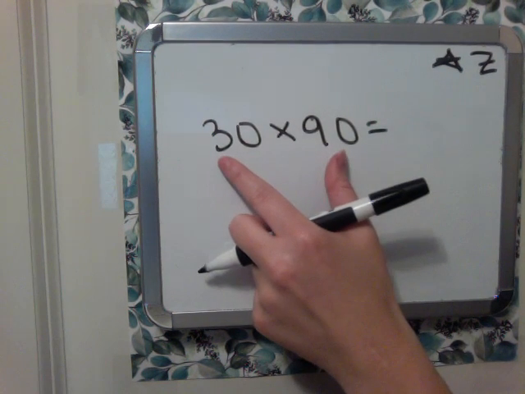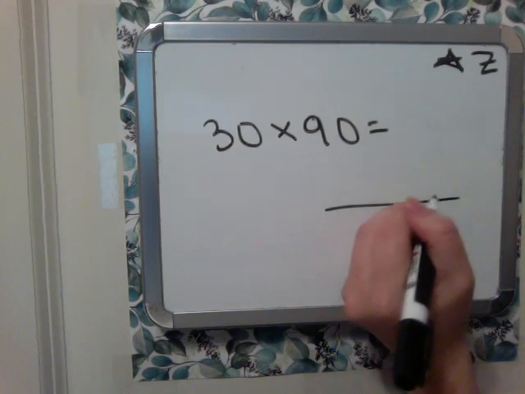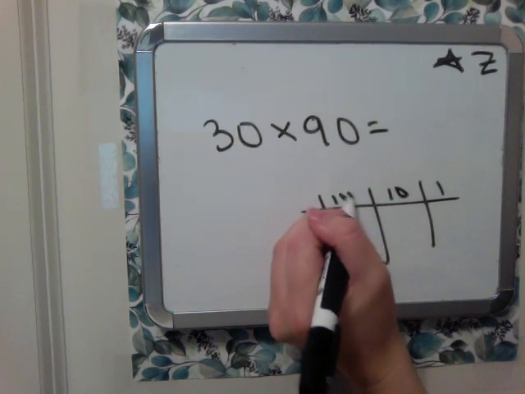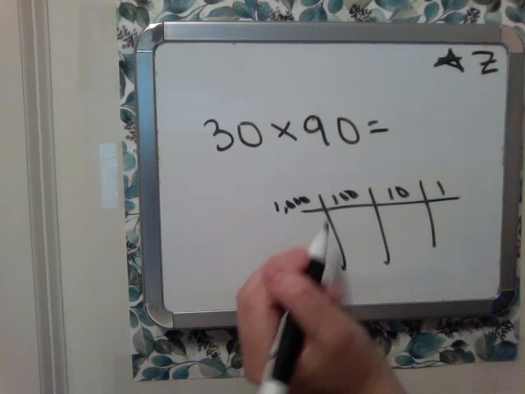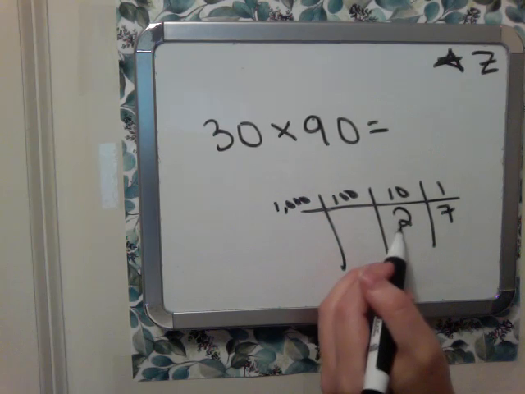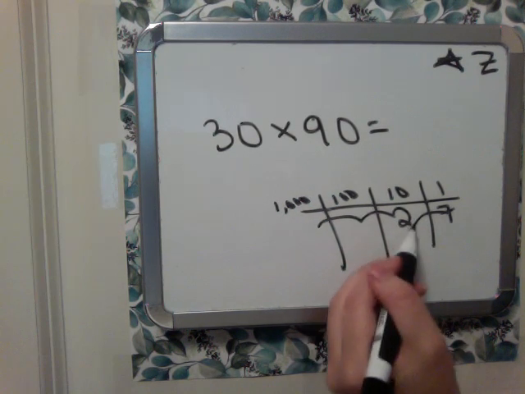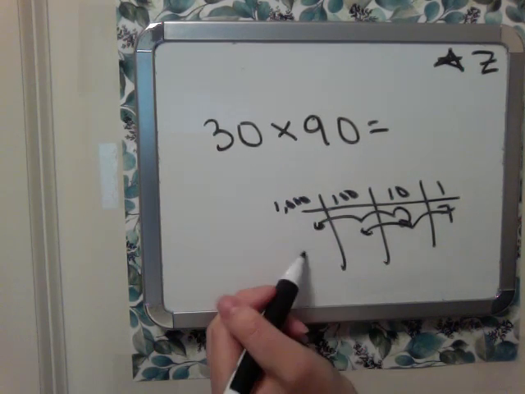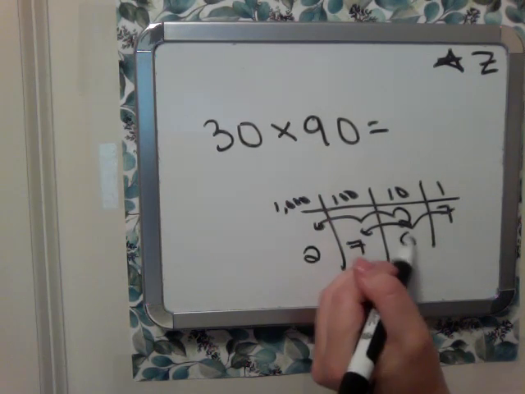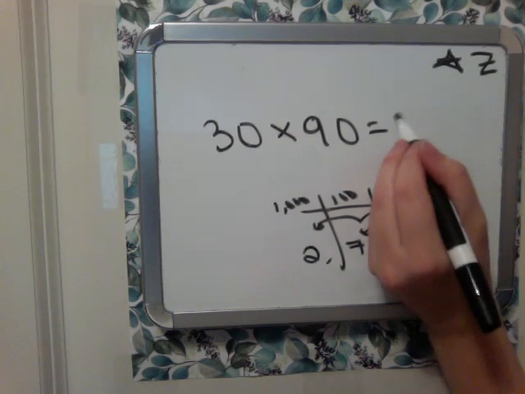So we have 9 times 3 is 27. Ones, tens, hundreds, thousands place. So we have 27. And then we're moving it over 2 places. 1, 2. So we have 27. Now that leaves space for those 2 zeros on the end. So your answer is